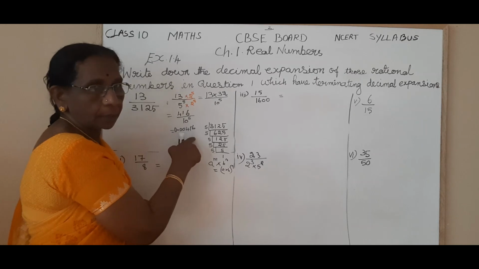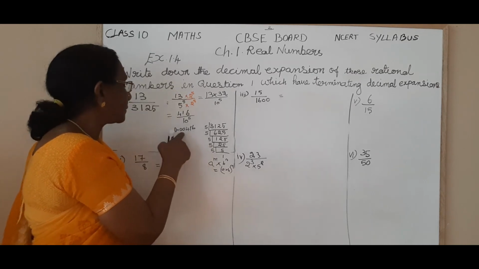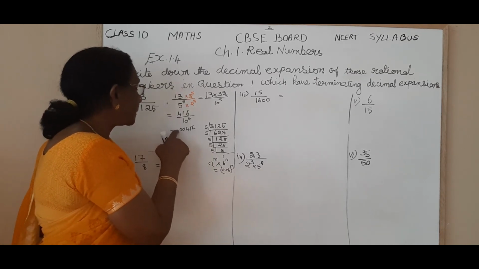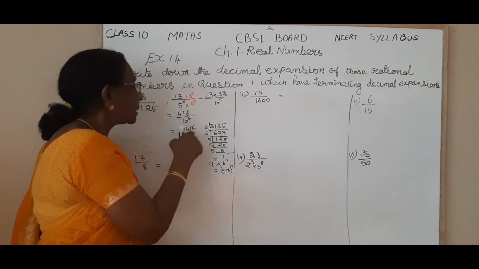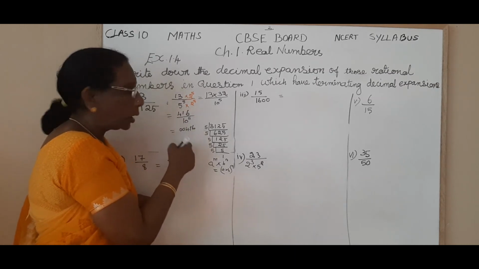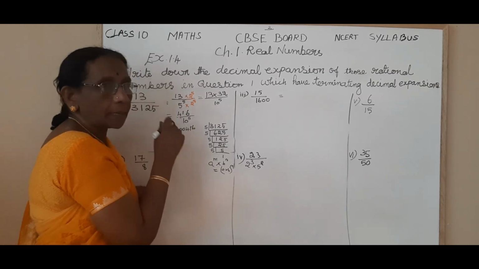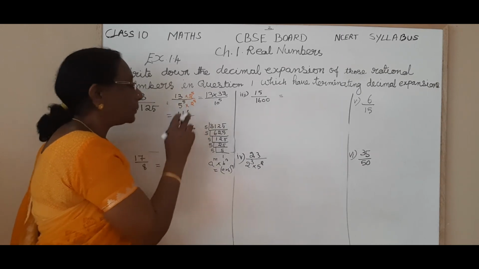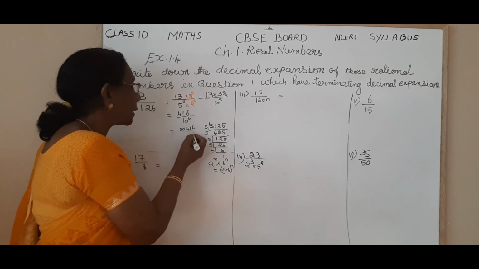Is it clear, children? Why are we adding 2 zeros to the left side? If you add 2 zeros to the left side, the value is still only 416. And now you have to mark decimal places. How many? 5 we need. So we have made this 416 as